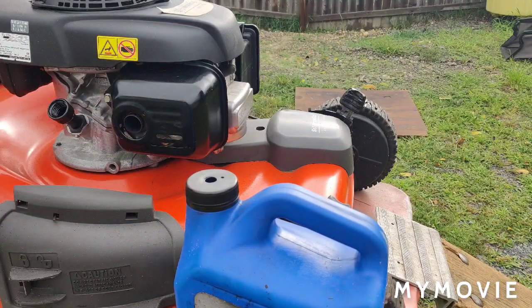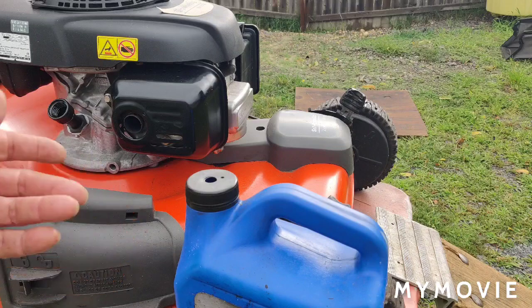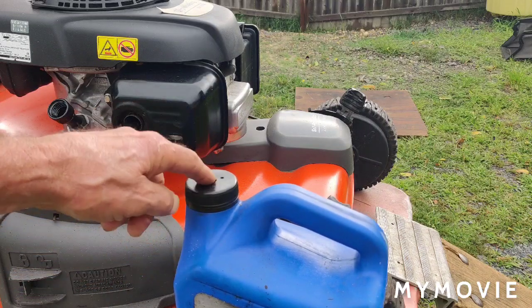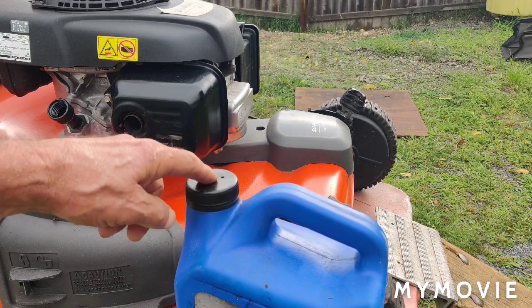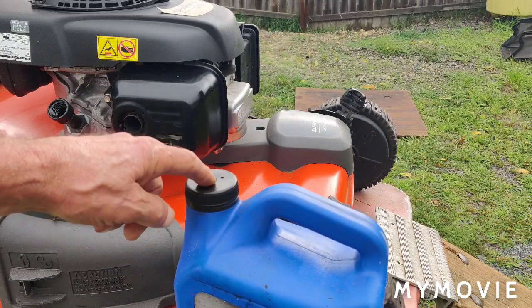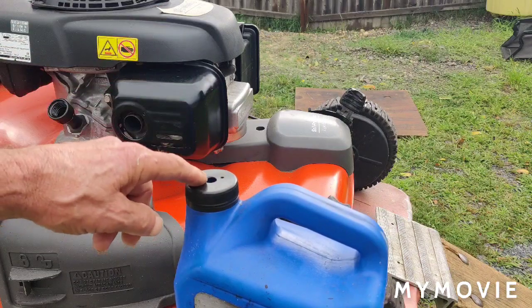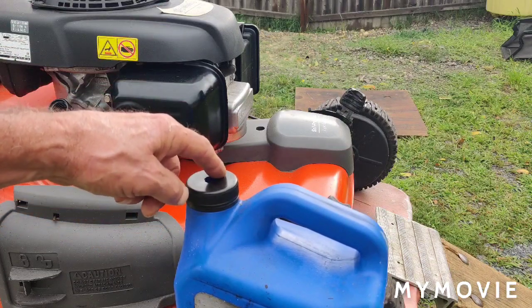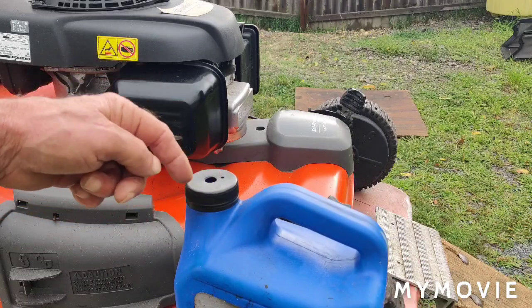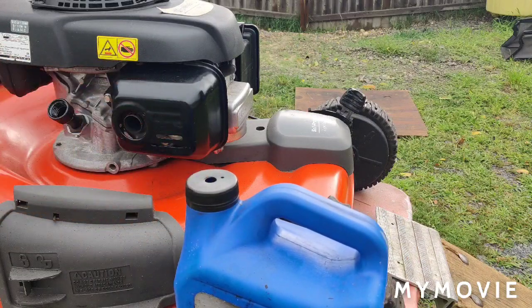It was making a mess all over, and it was making a mess of me and everything like that. So it took me 5 minutes. What I did was I just drilled a hole in the cap here, but I drilled the hole smaller than the hose is. Okay, so it's a good tight fit in there. And what you want to do is just drill another small hole for ventilation for when you're pumping the oil into this. And also what I had to do was,